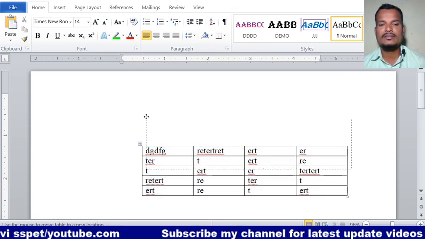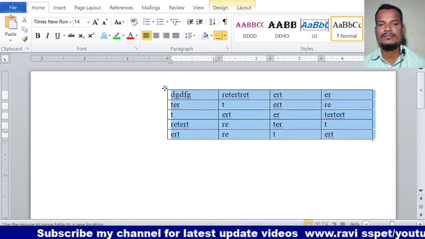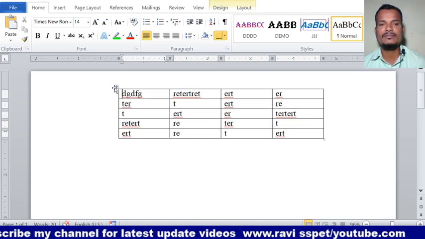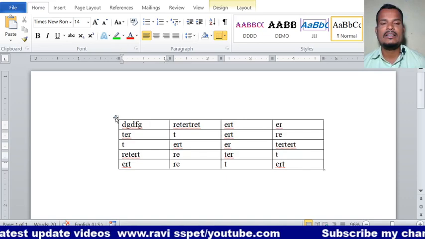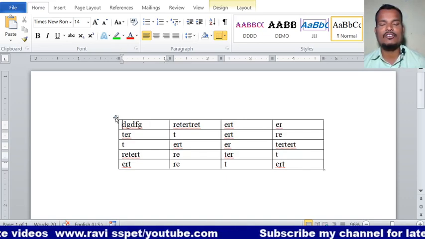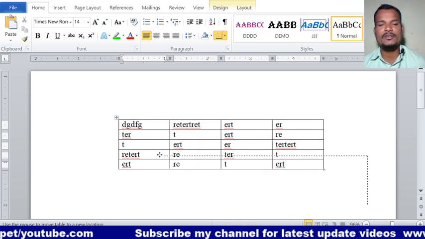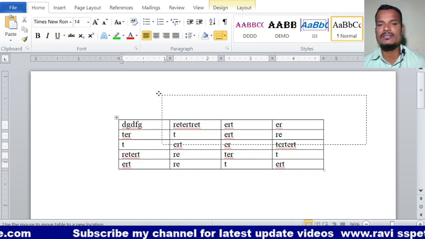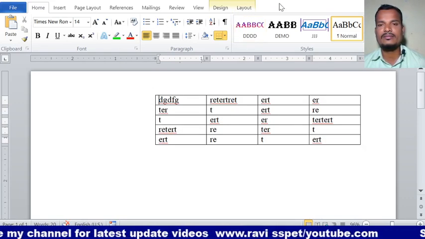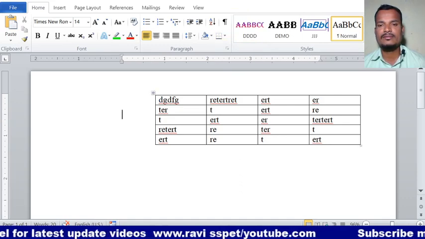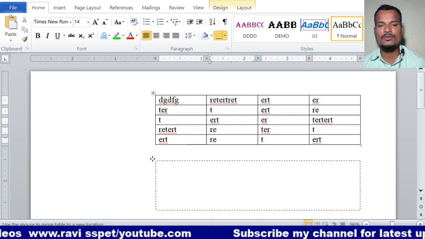So we have to click here, top left corner, and you can drag wherever you want in the document area. See here, I want it here, or here, yes, we can drag.